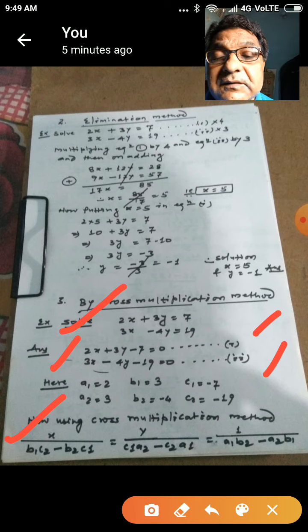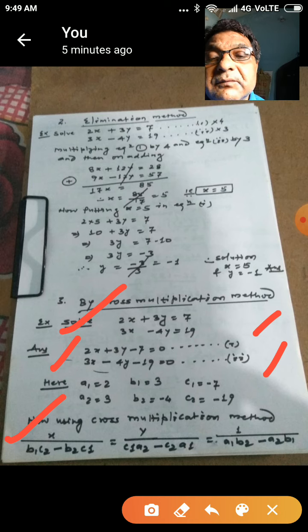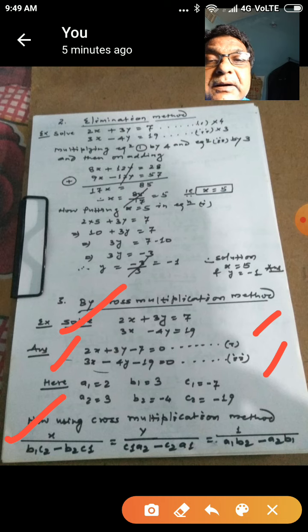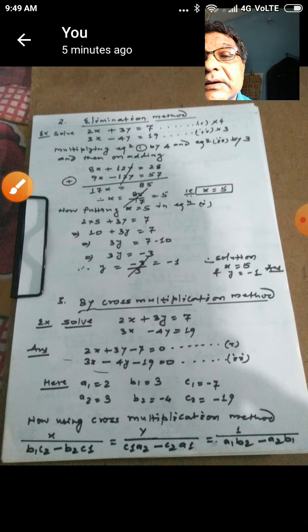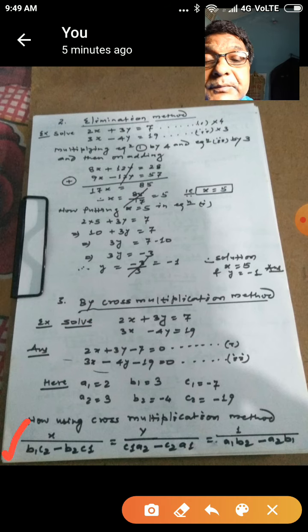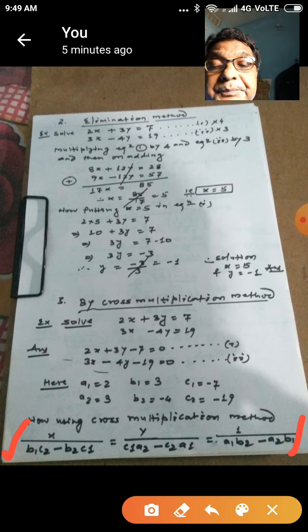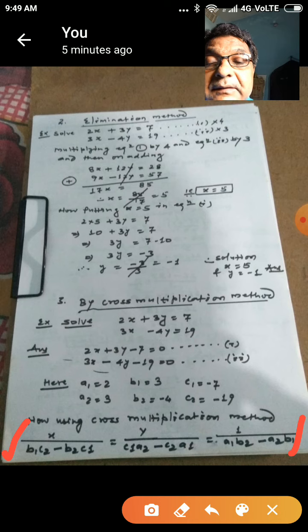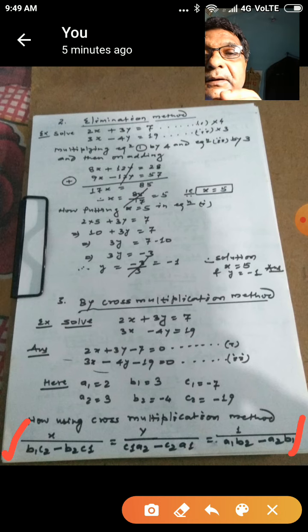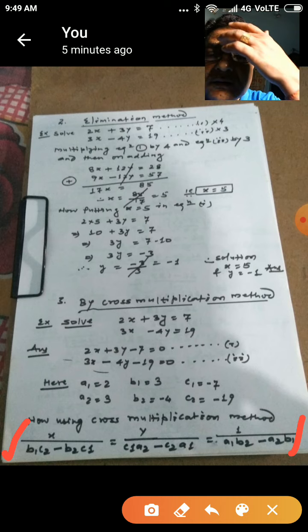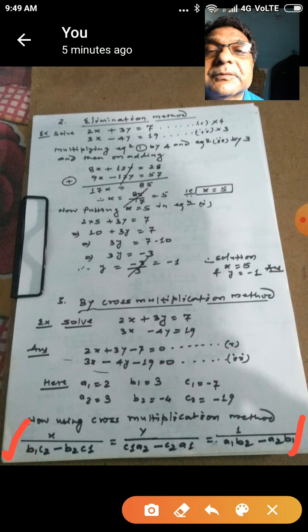Now there is one formula for cross multiplication which you have to memorize, and it is easy to memorize because the formula is sequential. Just keep it in your mind briefly one time. The formula starts from b1 and ends at the same b1, you see here. Another thing to remember: a1, b1, c1 are for the first equation, the coefficients and constant, and a2, b2, c2 are for the second equation, the coefficients and constant term respectively.